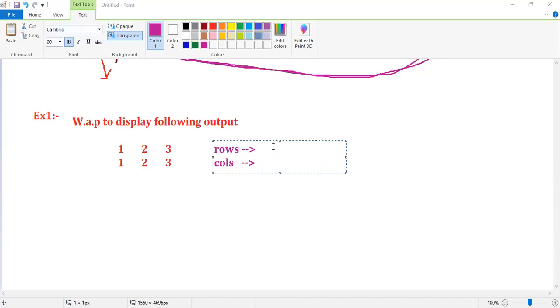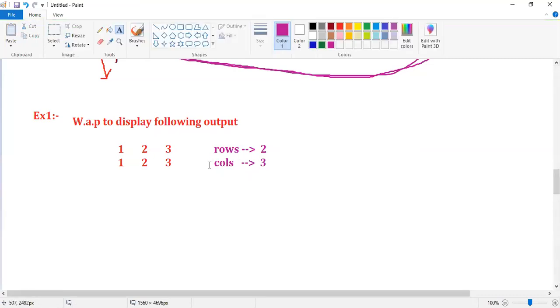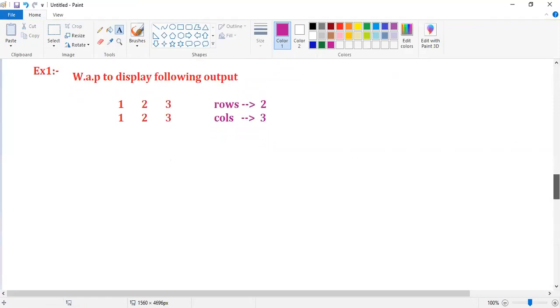Of course, we have 2 rows and 3 columns, right? We have 2 rows followed by 3 columns. How many rows do we have? 2 rows available, 3 columns we have. Fine, very good. Now, if you want to display this data, what do we have to do? First, write the loop. This is table type of data, right? If table type of data is available, then compulsorily we have to go for nested loops, guys.